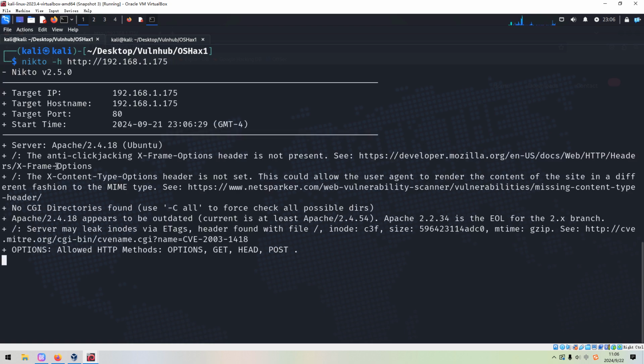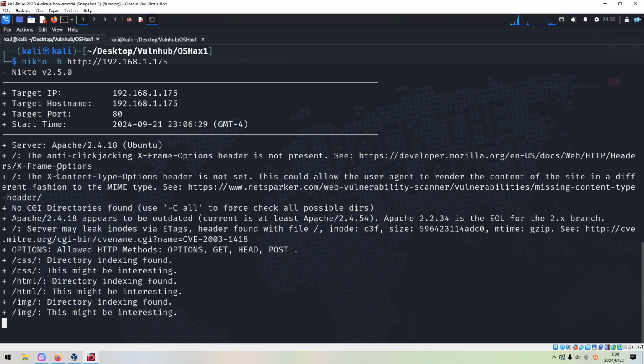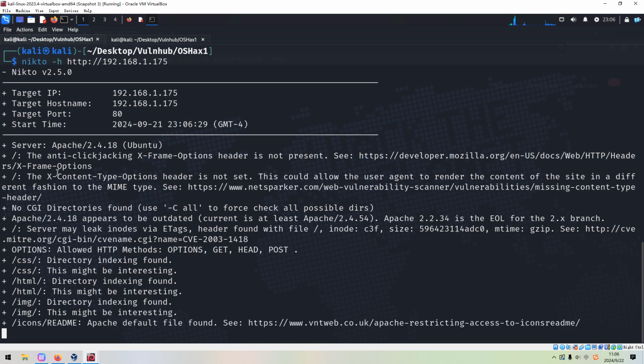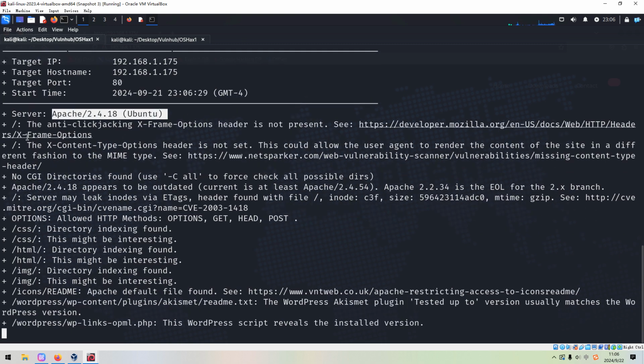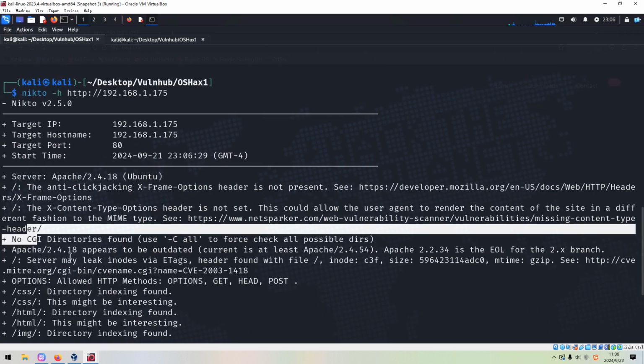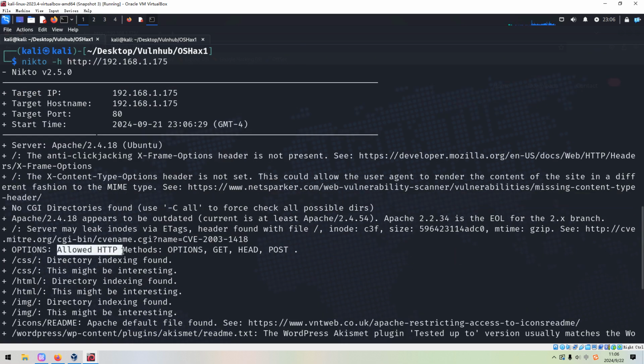Nikto can give us information about the web application from a variety of aspects, like the version information, the header information, and allowed HTTP methods. Also, this utility will enumerate some common files or directories like CSS, HTML, and image, but usually those don't contain anything interesting.